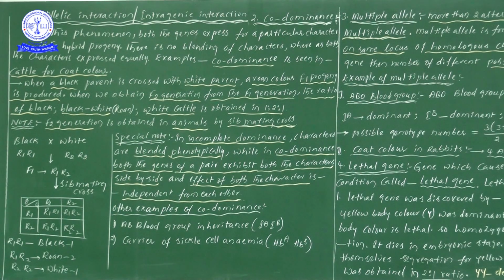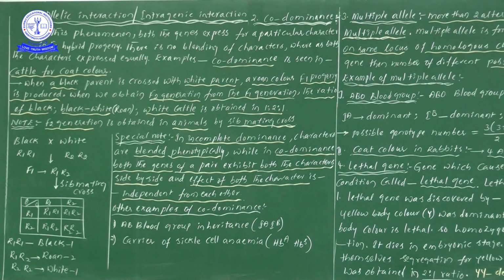The best point for our examinations, from the textbook: when IA is with IB, the blood group formed is AB. Even though A and B are present together, no one character is suppressed; both characters are expressed. My dear students, one important point: in incomplete dominance characters are blended phenotypically,